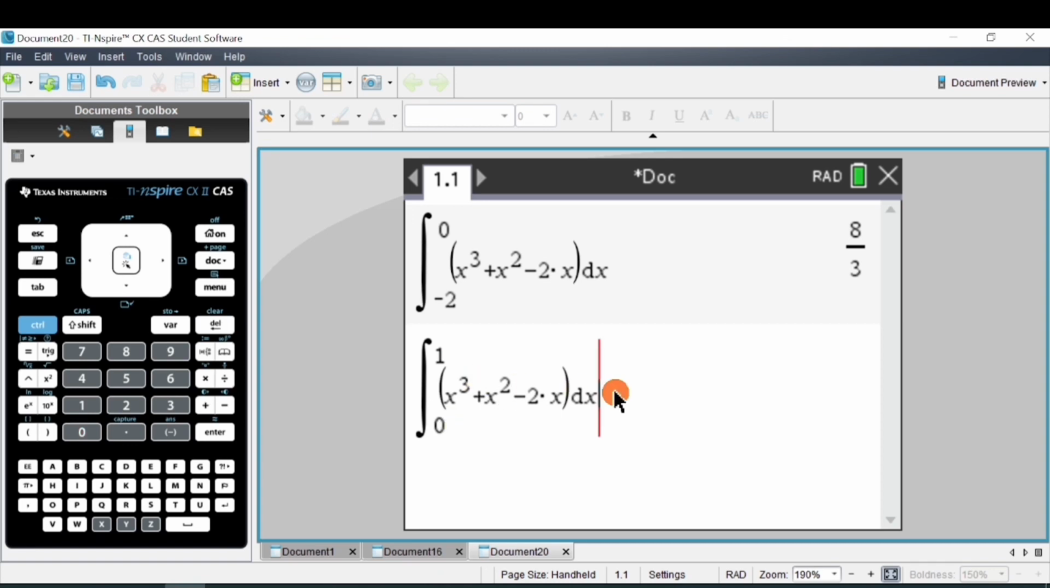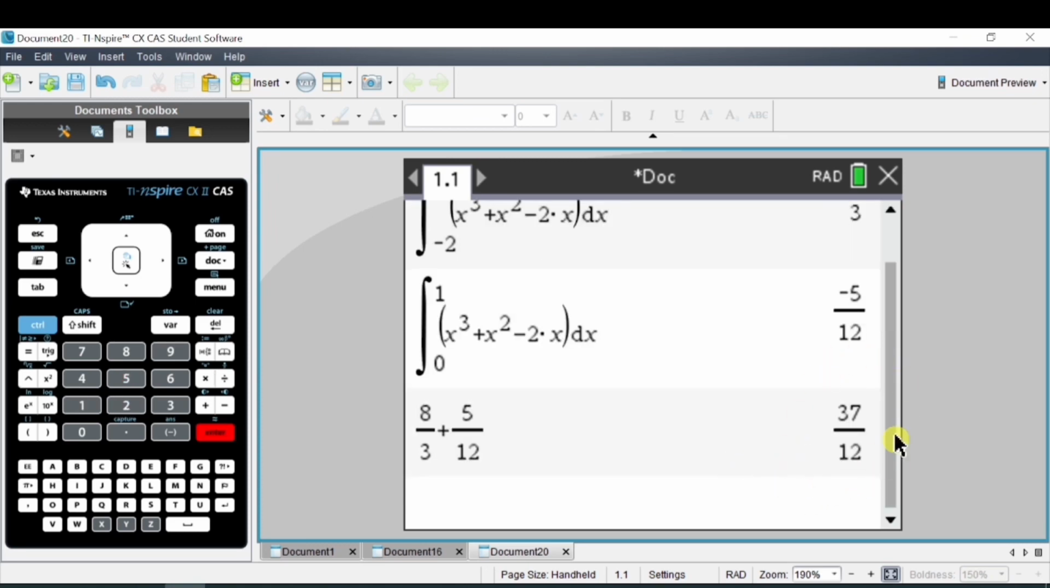And then I'm going to hit enter and that gives me the second value, which I'm going to ignore the negative here because I'm going to add these two areas together. What I could do now, if I wanted to do this on a calculator, I could do 8/3 plus 5/12, enter, and that gives me the exact value of the area bounded by the curve and the x-axis of